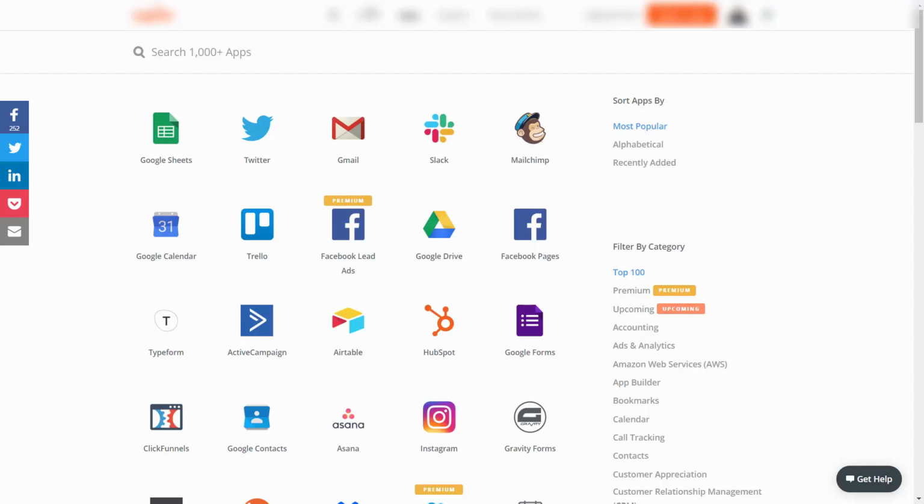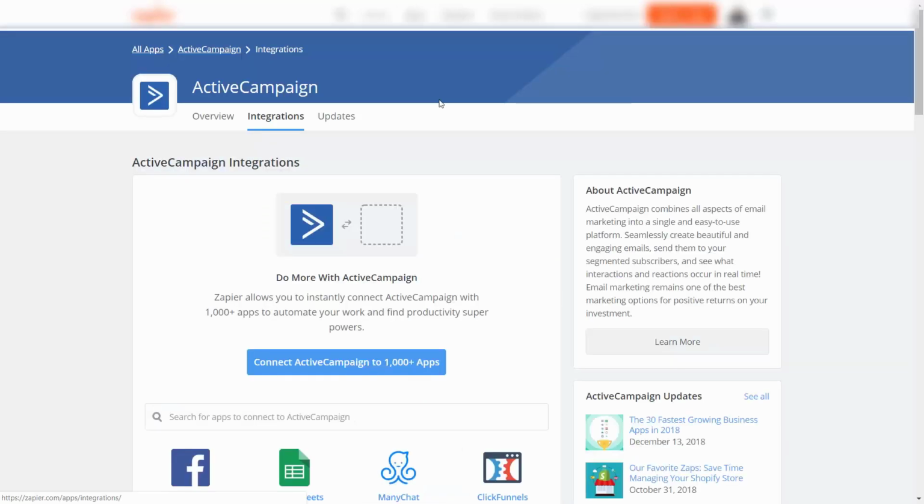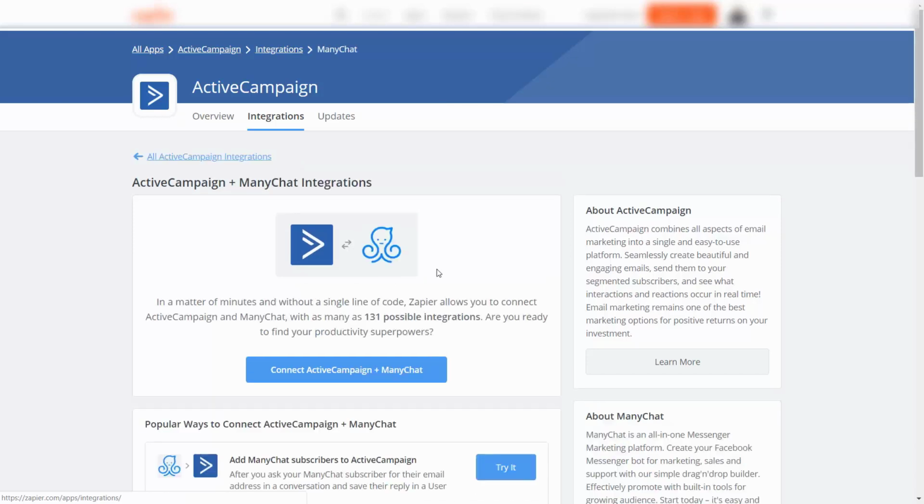Now, ActiveCampaign does have a number of connections to third-party cloud-based applications, and you can do that through the cloud-based connector Zapier. If you go to Zapier and search their app directory, you can first start by typing in ActiveCampaign. What you'll want to do is type in those cloud-based applications that you are currently using. For example, if we just type in the chatbot application MiniChat, you'll see that there are 131